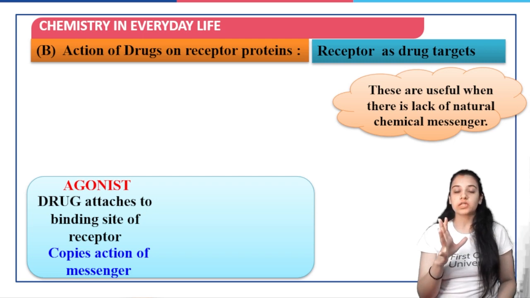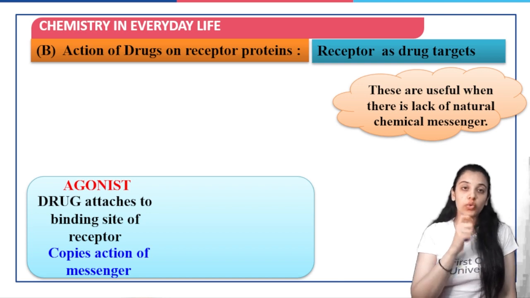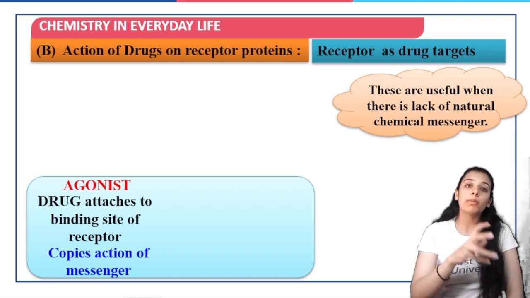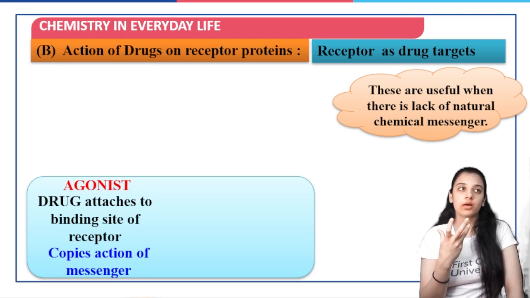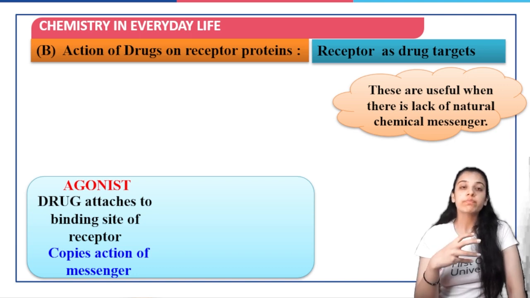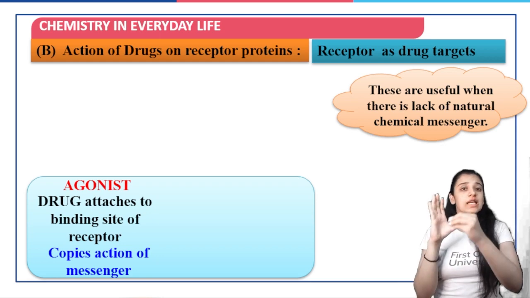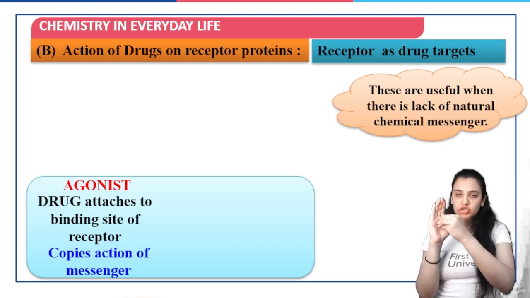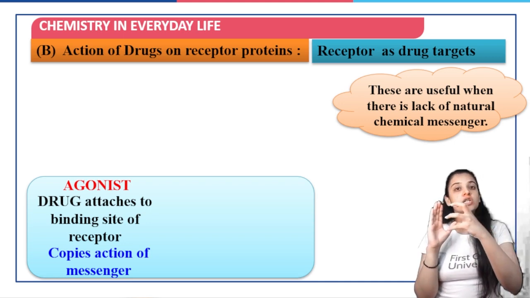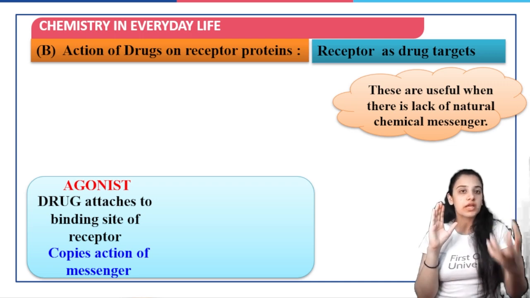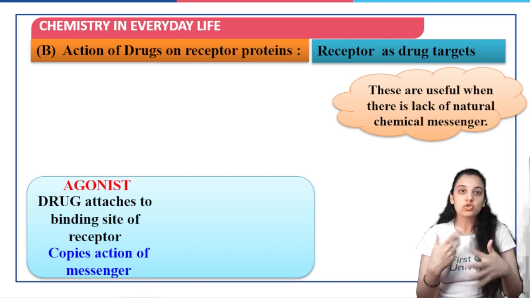So what happens is that we need to make sure the medicine we take acts just like a normal chemical messenger or hormone would. For instance, suppose you develop hypothyroidism or hyperthyroidism, or any such disease where the hormone is not synthesized in sufficient quantity to bind to the receptor. In that case you would require an artificial drug, in place of that hormone, which can bind to the receptor and perform the function of that hormone. That is the function of medicine.